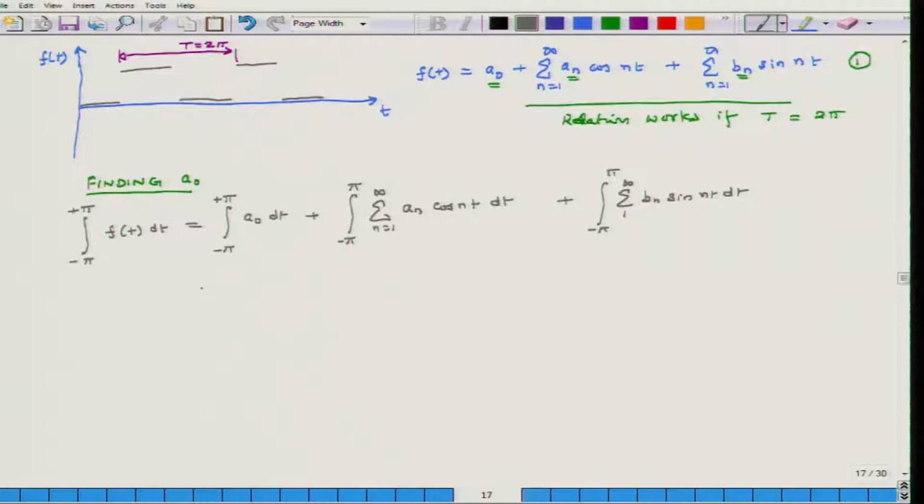Okay. So, if I know this function f, then I can evaluate the left side, and what is the right side? This is equal to A0 times 2 pi